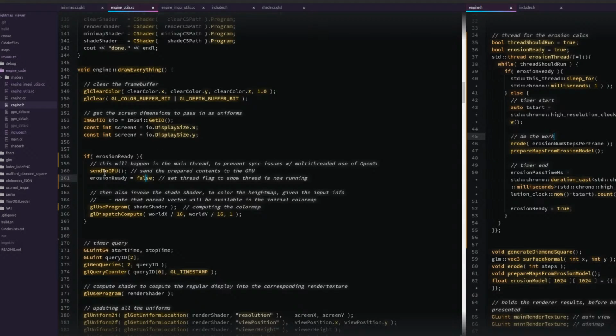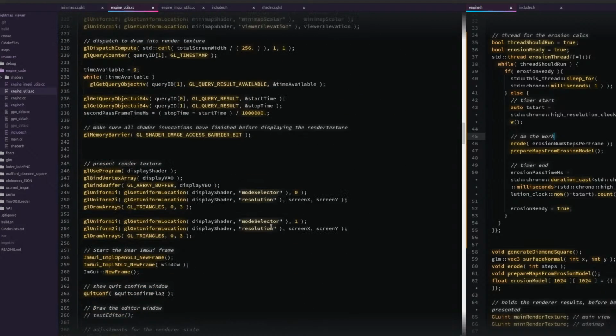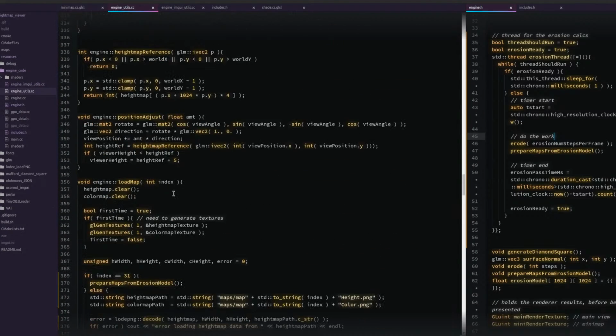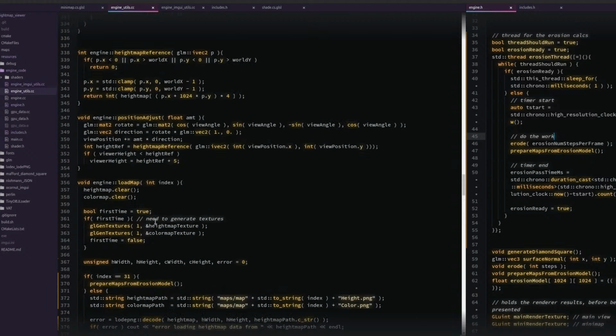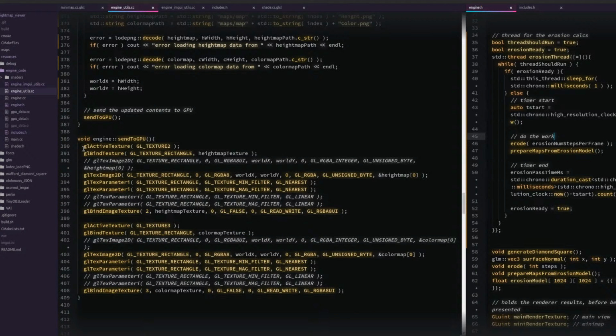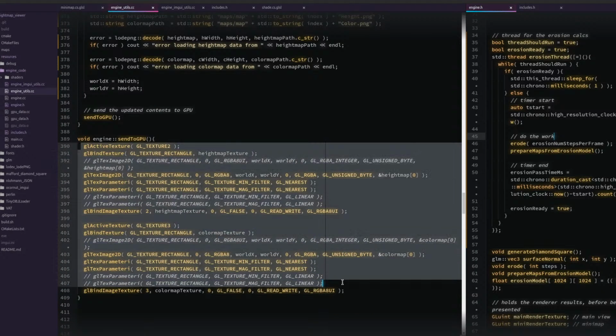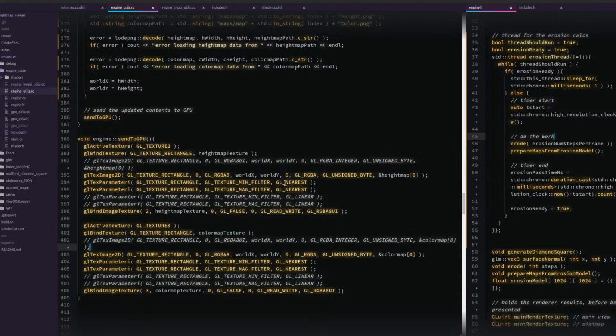So now the only thing that gets called for the main thread is GL buffer textures. Literally, it's where is it? I'll just send to GPU. Yeah, right, exactly. So it's setting up the height map texture and the color map texture, and I can go ahead and